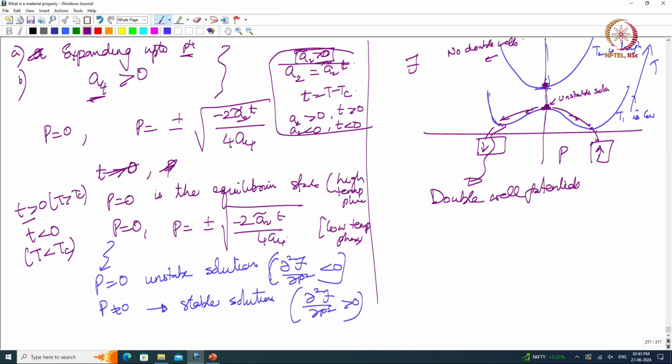Okay, fine. So, with that, what is the value of this p? The value of this p is plus or minus the square root of minus 2 A2 tilde t, that is a positive number, divided by 4 A4, right. Now, as I keep on increasing the temperature towards Tc, I am at T less than Tc, but as temperature increases towards Tc,